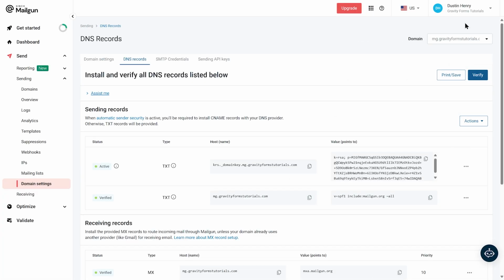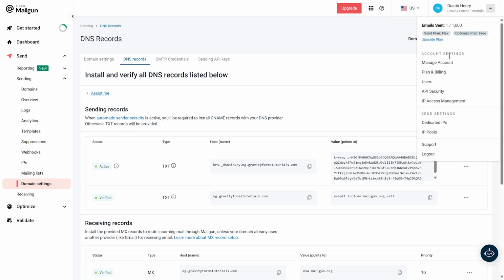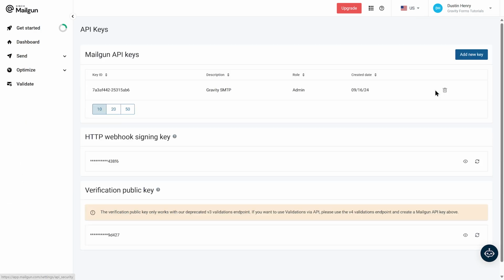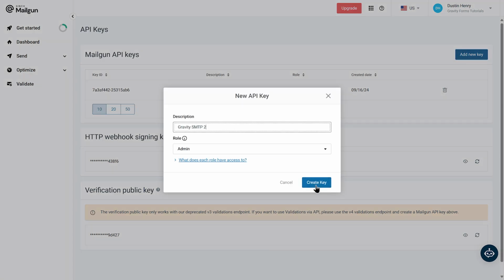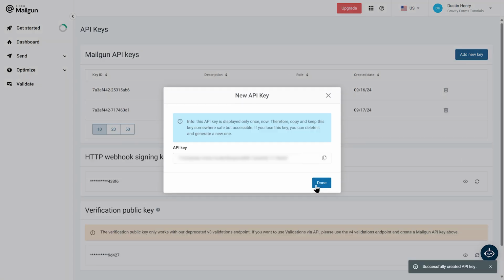Once that's done, you'll need to create a Mailgun API key, which is what you'll use to connect Gravity SMTP to Mailgun. So head to the API security page and click Add New Key. I'll give the key a name and then click Create Key. Now, worth noting, the API key will only be displayed once, so be sure to copy it and save it